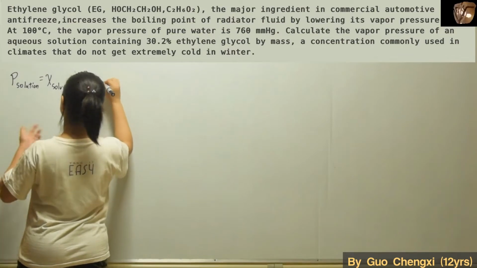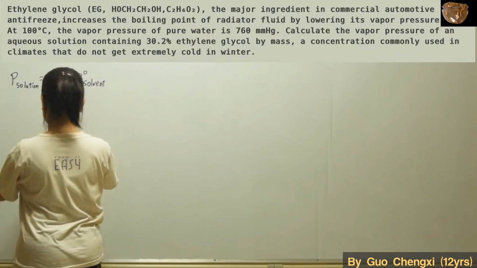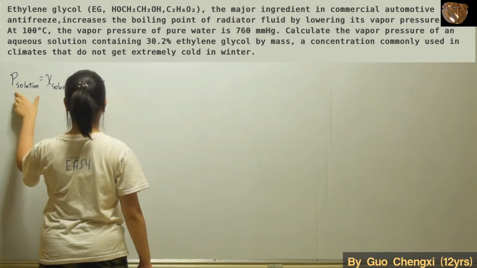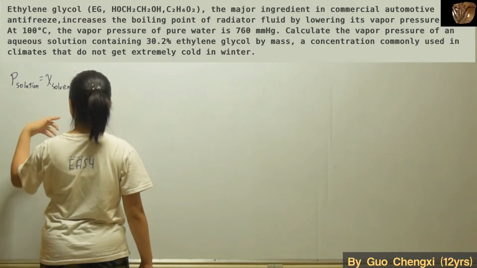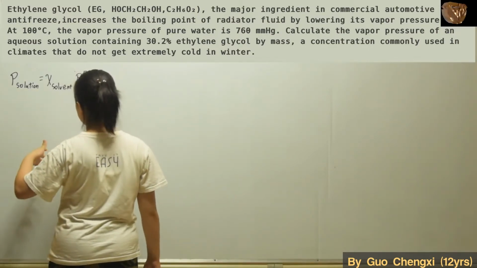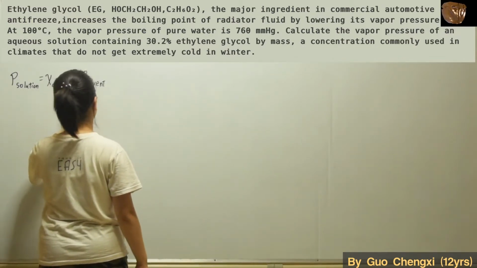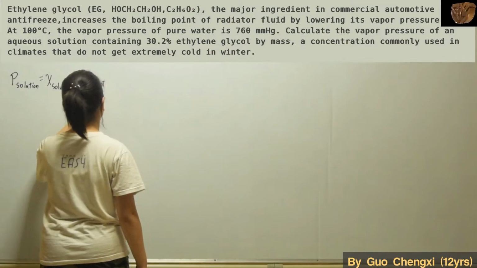The difference between these two is that this part is the pressure of the solvent vapor above the solution, while this part is just the pressure of the pure solvent